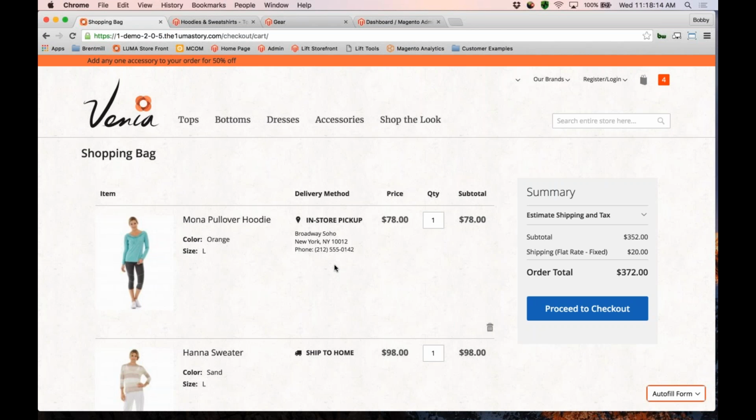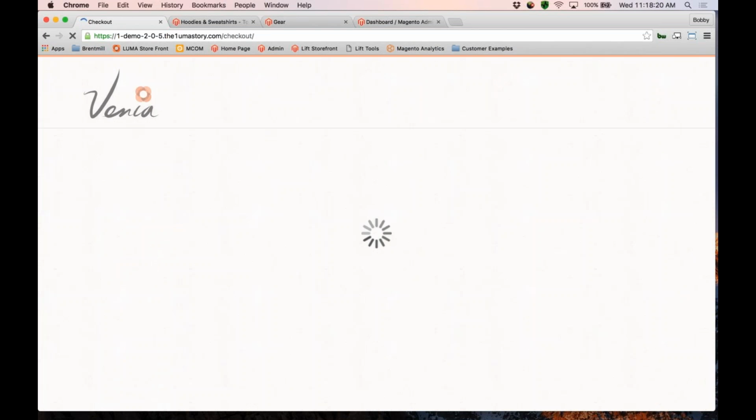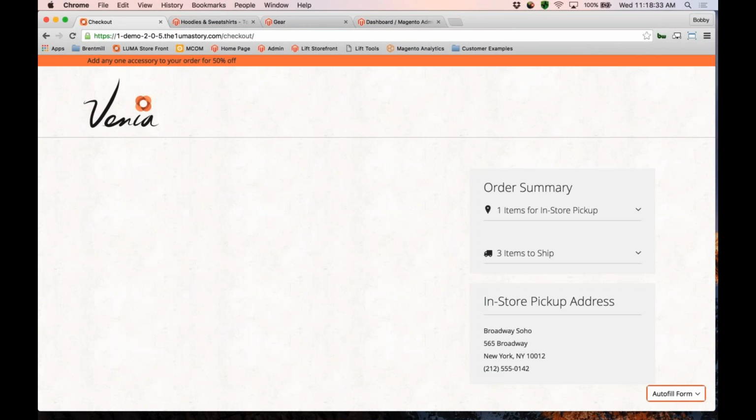If everything looks good, we're going to go ahead and proceed to the checkout process. And the checkout process is designed to be as frictionless as possible, right? We want to get people in and out. And when we're going through the checkout, we have the ability to come over, and the first piece of information